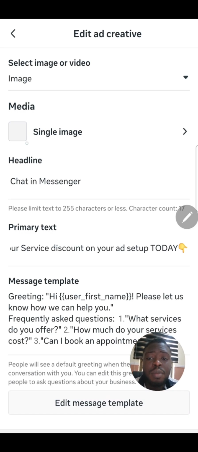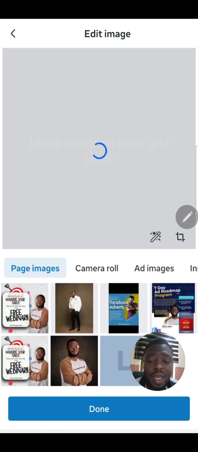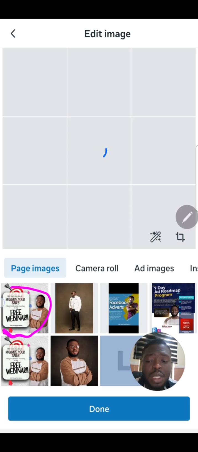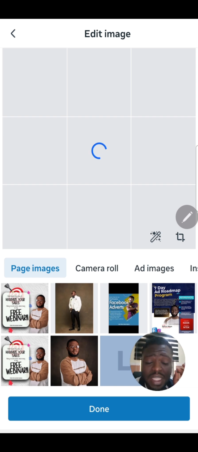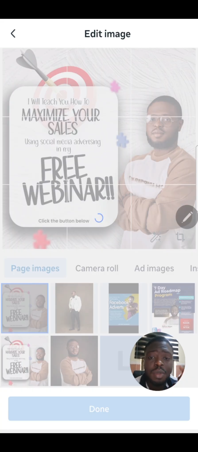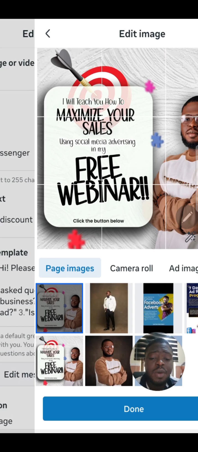And here is where you upload the image or video. So I'm just going to select this and it's going to open up my gallery and enable me to select the image I want to use. So I'm just going to select this image. This is an image on my page, as you can see. You can also select images on your camera roll. Now, there are some limitations of the Meta Ad Manager app, and we're going to discuss that later, so keep that in mind. So I'm going to select this image now. I'm going to click on done. So this is going to be the image I use, right? Now, next thing